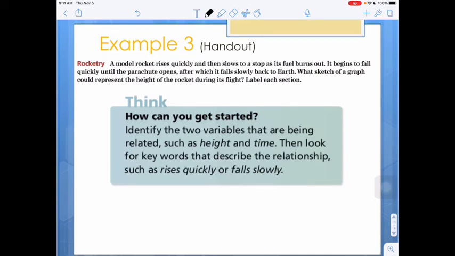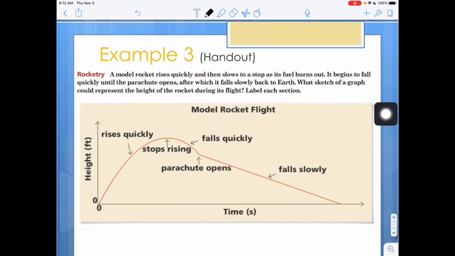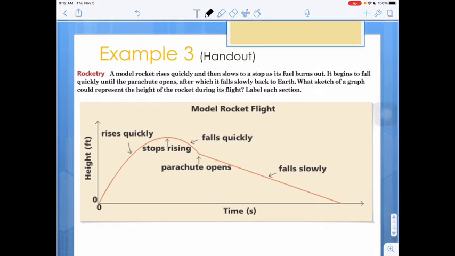This next slide has a think box, so it says, how can you get started? First thing you should do is identify the two variables that are being related, such as height and time. Then look for keywords that describe the relationship, such as rises quickly and then falls slowly. I'm going to go ahead and just show you the picture from the book and describe how they drew each